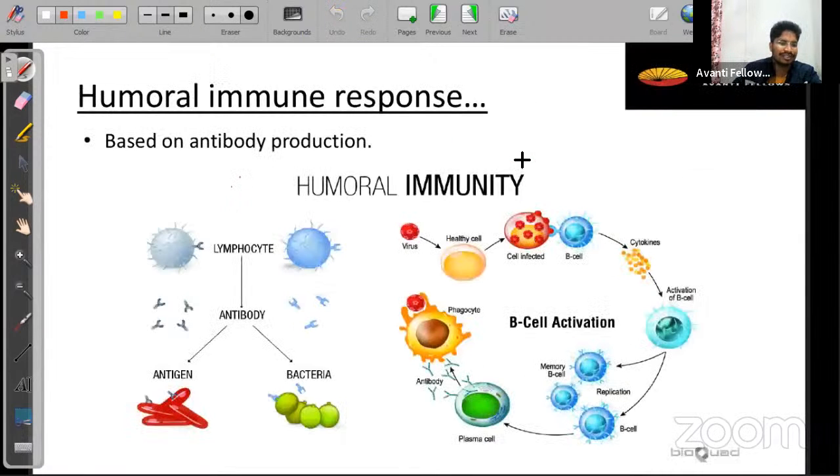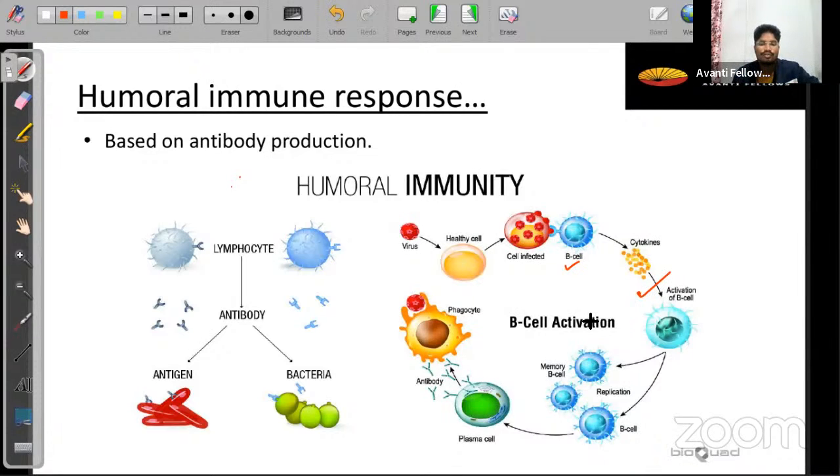Next, humoral mediated immune response. I don't think I need to explain this one once again. Very simple. The infected cell comes in contact with the B cell, and the T cells and others have done their work. Then it comes in contact with the B cell. The B cell will now be activated, and the B cell will be